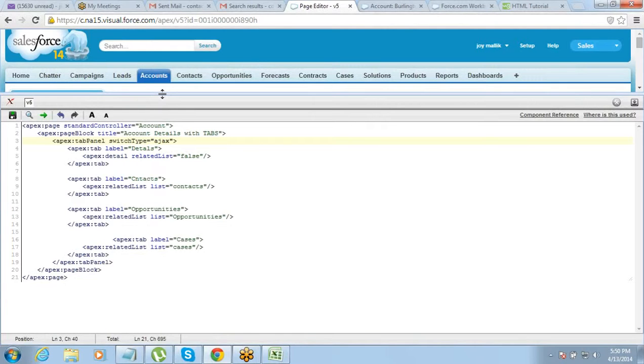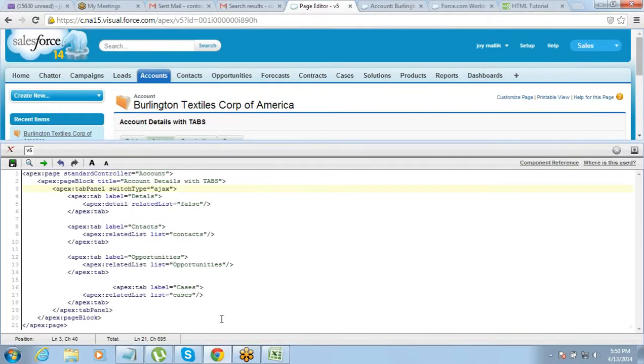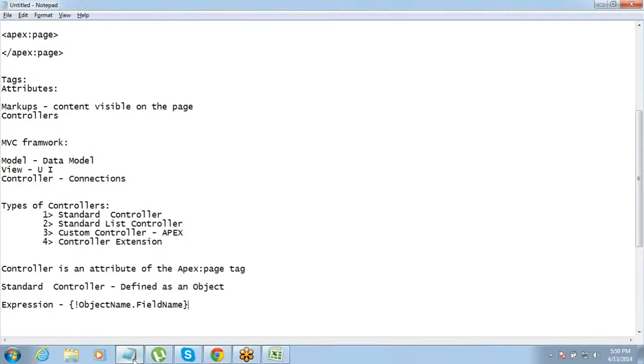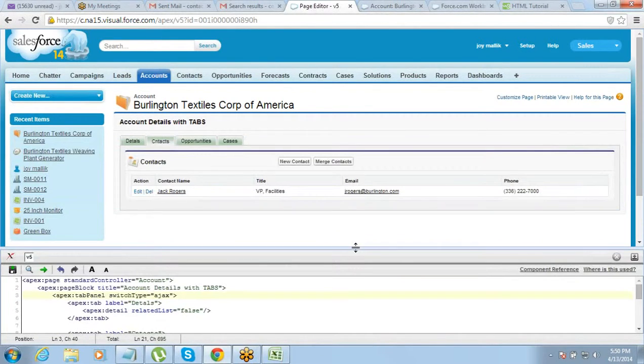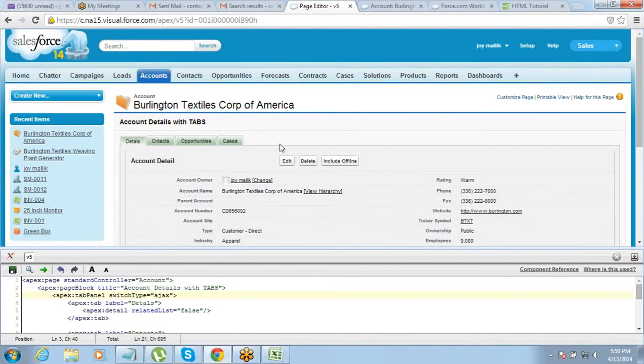Okay. Now, there's one more thing that we'll do. So far, whatever pages we have created, we are just displaying the data. What if I want to edit the data also? I have all these pages, it's fine. I have a detailed page. I want an edit page also. I mean, I want a tab in which I should be able to edit the data.